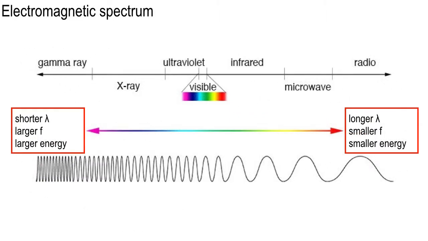So here's the same chart. Now, over here, the gamma rays, go ahead and make a note: shorter wavelength, larger frequency. And the larger the frequency, as you'll learn in Physics 3 if you take it, the photon has larger energy. The photon energy is proportional to the frequency. Over here on the long wavelength end, you have longer wavelengths, so smaller frequency, and each photon in that regime has smaller energy. And then Roy G. Biv is kind of in the middle.